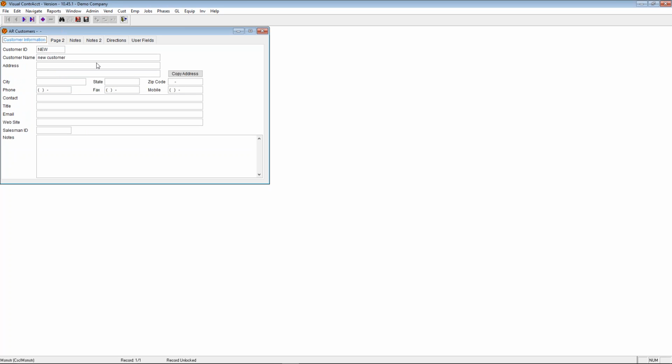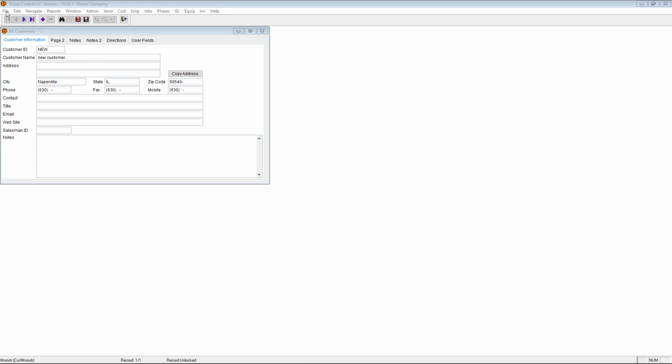As far as customer information, you can enter an address. You have 2 address lines. The city and state, if you know the zip code and you just type that in, the city and state will automatically populate, as well as the area codes. So you have that option. You can manually type them in, but that's just a little easy shortcut for being able to have it automatically populate from